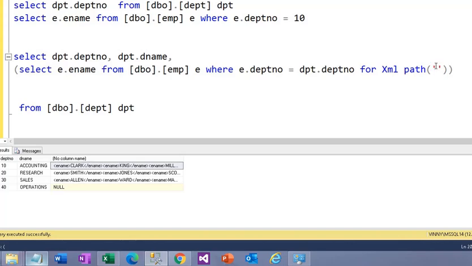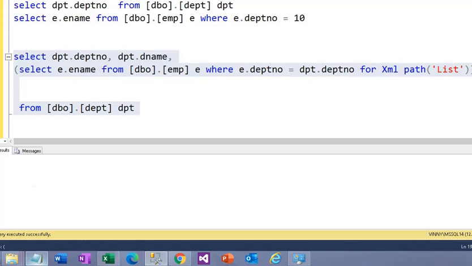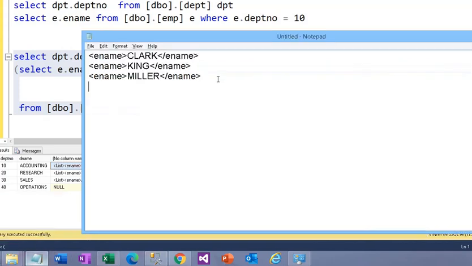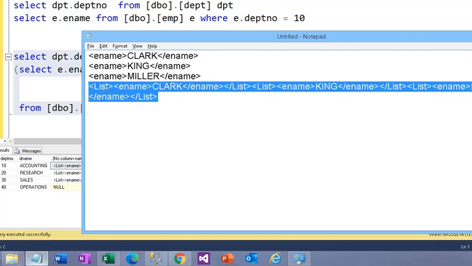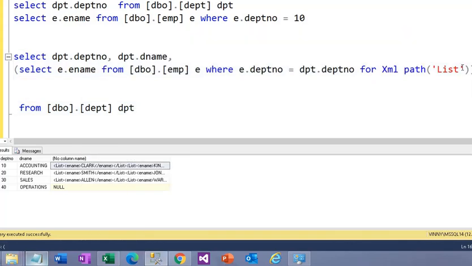I'm putting it here, list. Now if I run this query, you will see another element in the XML. This list, then the column name, and then we have a value. So we don't need this extra element tag here. That's the reason I have taken it as blank.